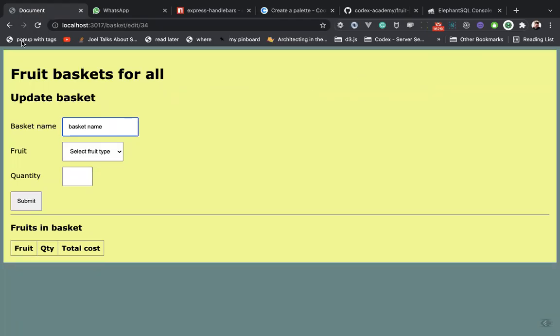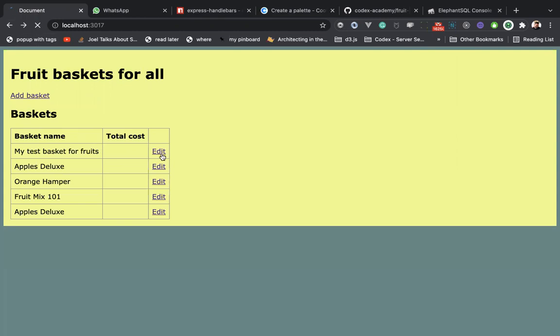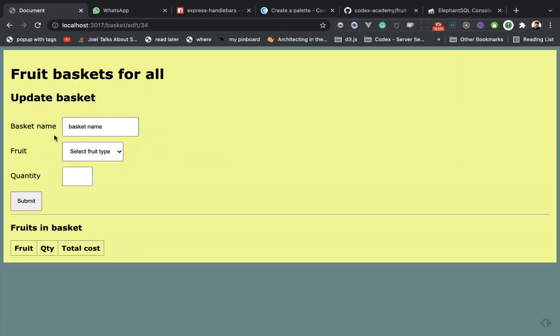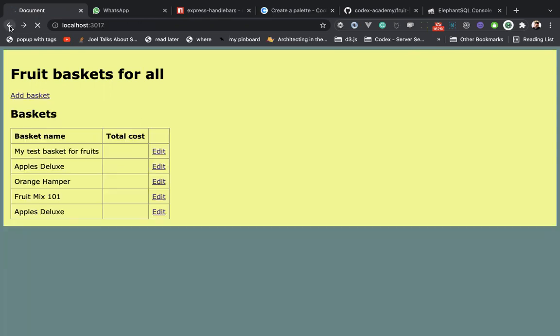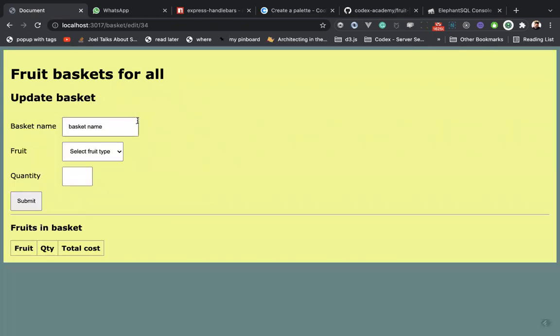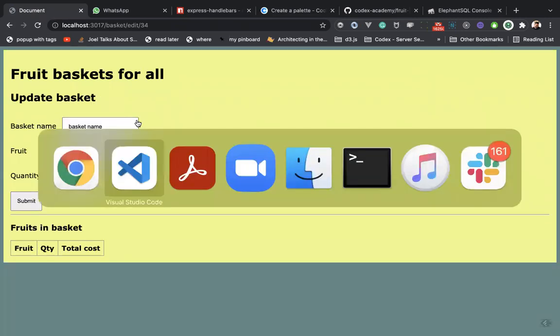Okay, so at this point in time, we have our list of fruit baskets up and running. If I click on one, I am seeing that screen. The first thing we need to do now is to actually get the proper basket information onto the screen. Currently, if I click here on edit, I'll see an arbitrary name over here. So what we need to do for that